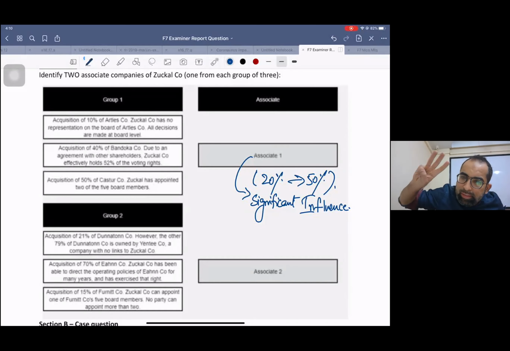Okay. So there are 3 levels of investment. Control is the peak level, the highest level. Then you have, dear student, significant influence, and then you have trade investment. Now in this question, you need to pick